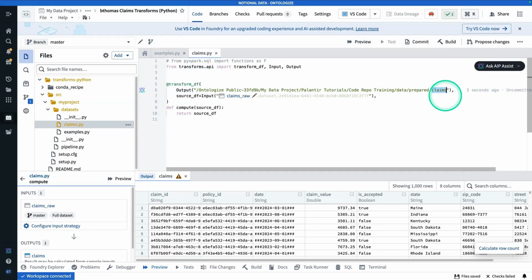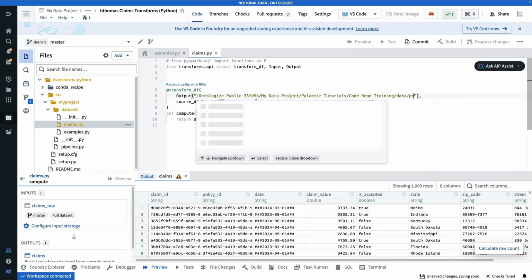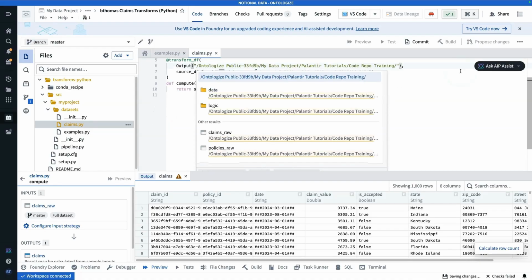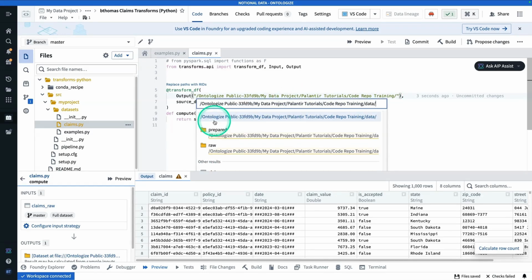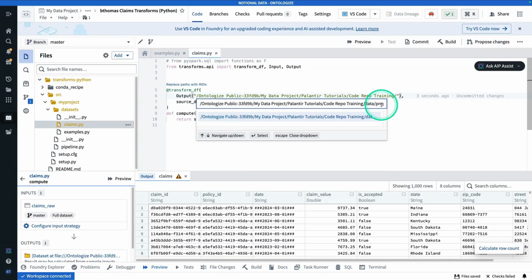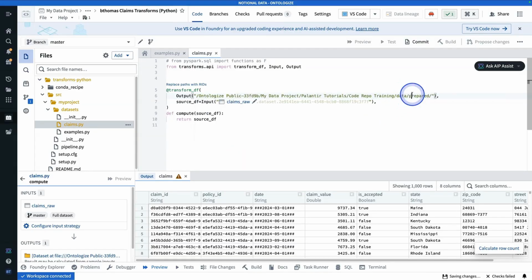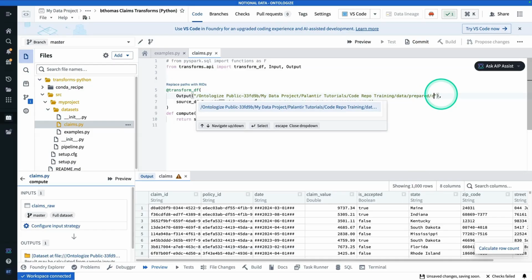Also, watch what happens if I remove claims and I backspace. Foundry is aware of the folder structure, so it knows in your code repo training, Ben, you have a folder called data, you have one called logic. What would you like to put here? And I could click data and find prepared. And then hit enter, it has the folder path, and then at the end of that, I can click